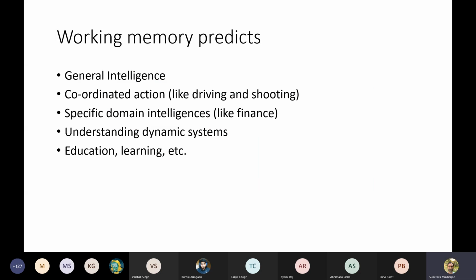Okay, now why is this important? It turns out, and this is from empirical research, that those who score high on working memory tasks also show higher general intelligence. They're also able to perform better on different kinds of coordinated motor action, like driving. It has also been shown to predict certain domain-specific intelligences, like financial consulting. And it has been shown to correlate with things like GPA and ability to learn and do good